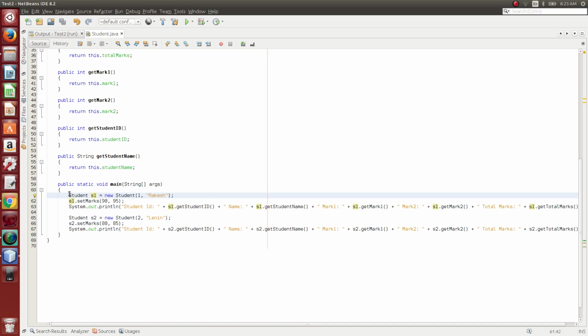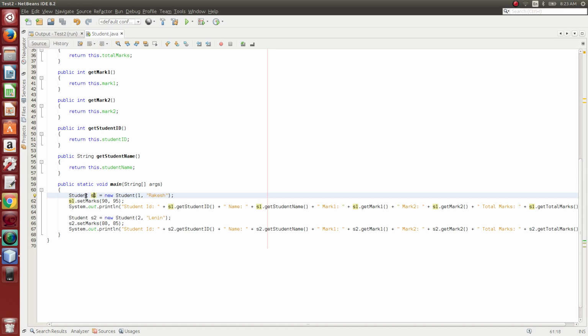So this statement says: create a memory and assign value 1 and Rakesh to the respective variables. So s1 has that. Then I have assigned s1.setMarks(95, 95). So the values are assigned to mark1 and mark2.